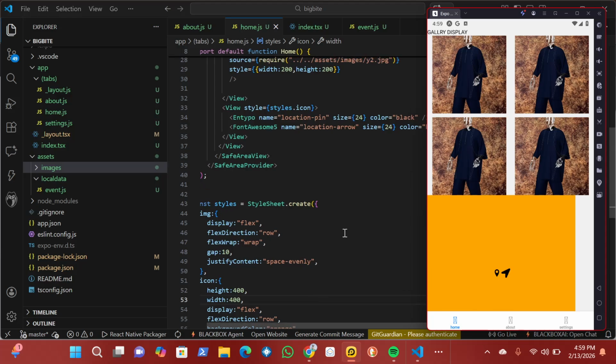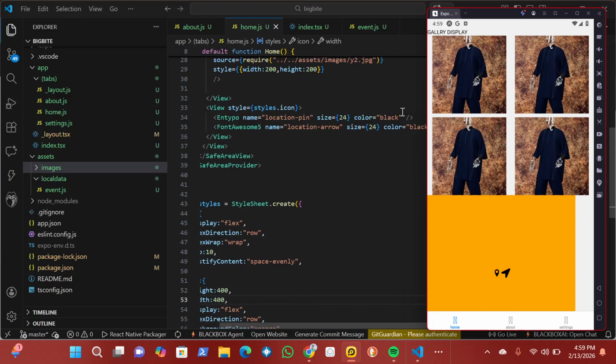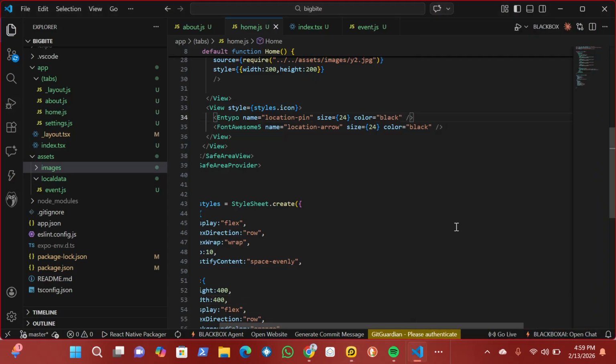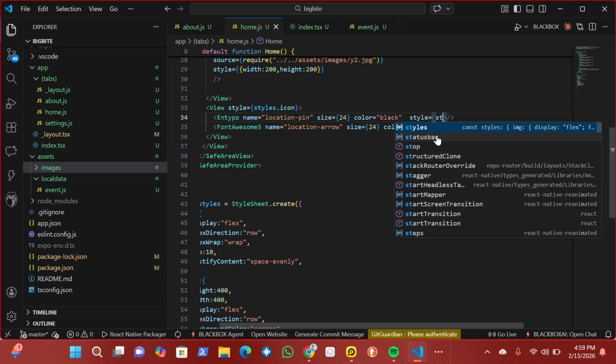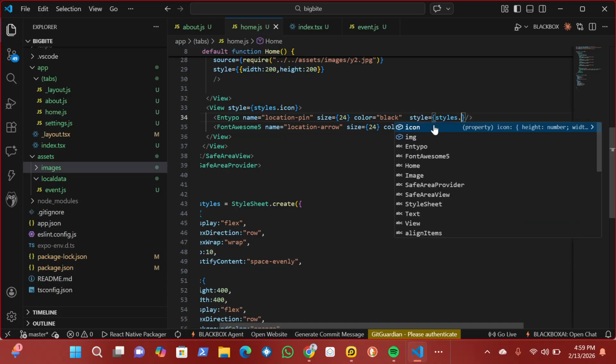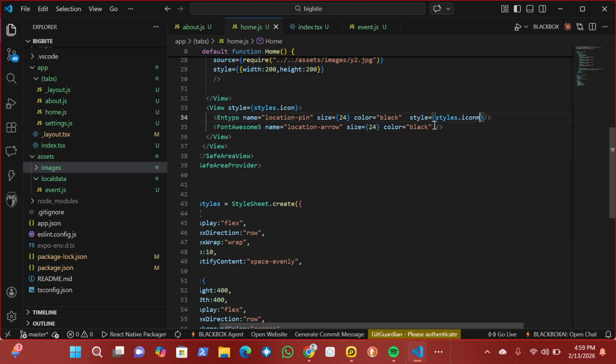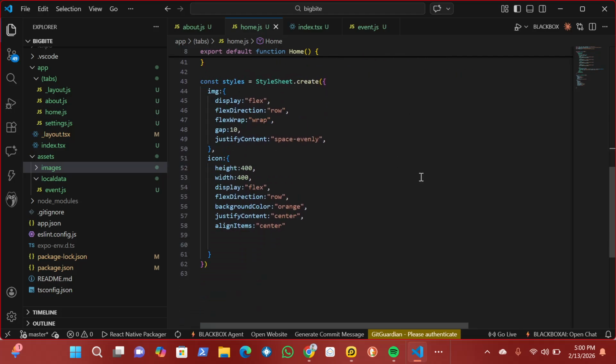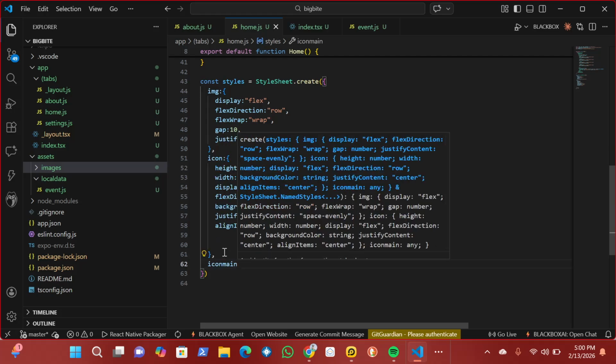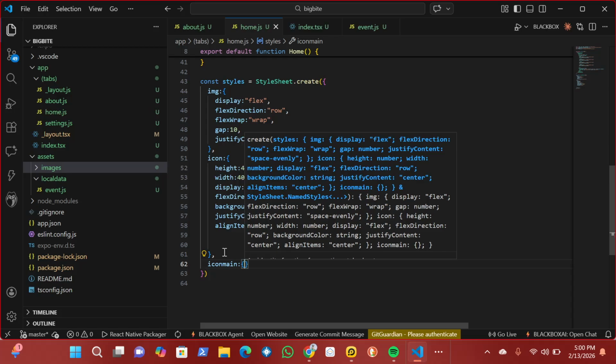So in that case, this also takes the style property. Then I can call on styles dot icon main. That's the main icon now. So let's do one, then we will duplicate on the other one. All right. So if I want to position that icon,